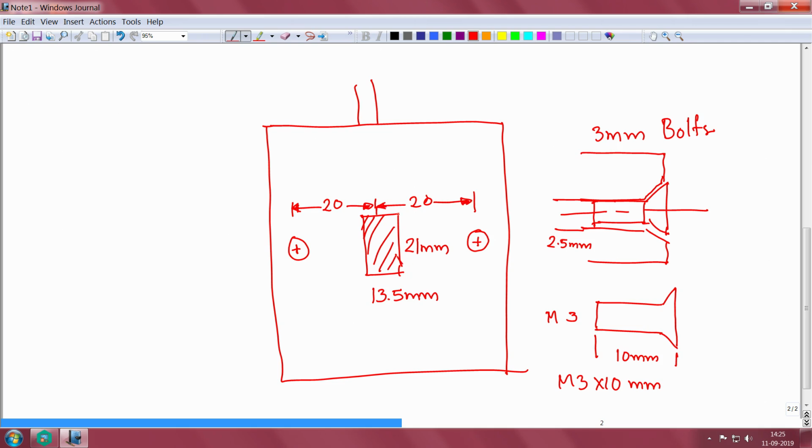And now this is 21 mm, the height is 21 mm. So, this total height we have to design. So, this can be, let us say, 30 mm. From here to the center of the circle is 30 mm. Similarly, from this center of circle to the top portion also 30 mm. So, the total height will be 60 mm,